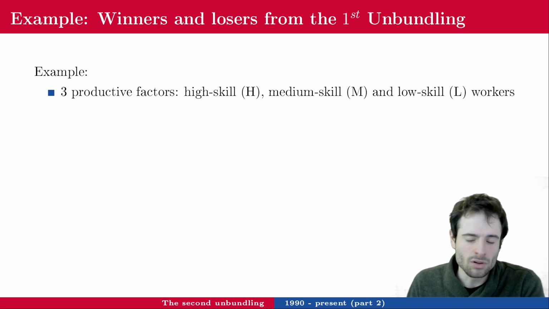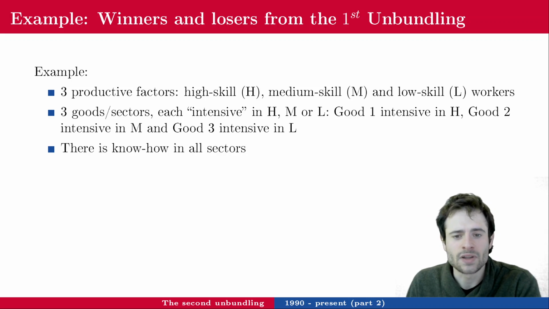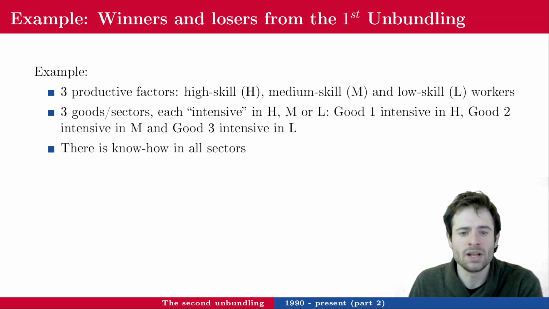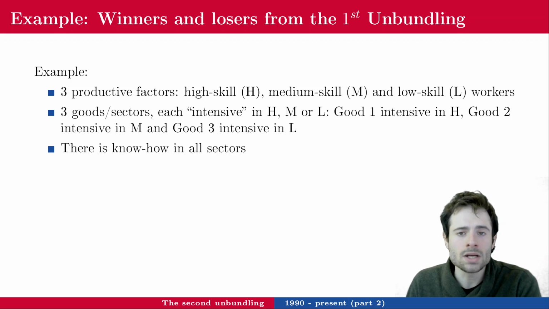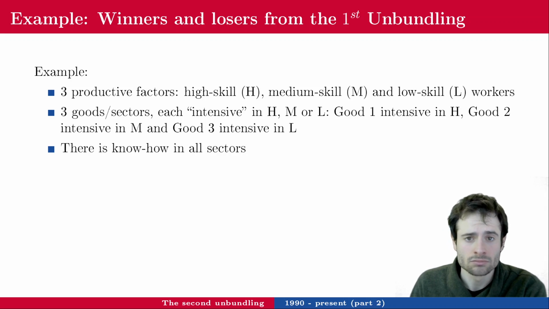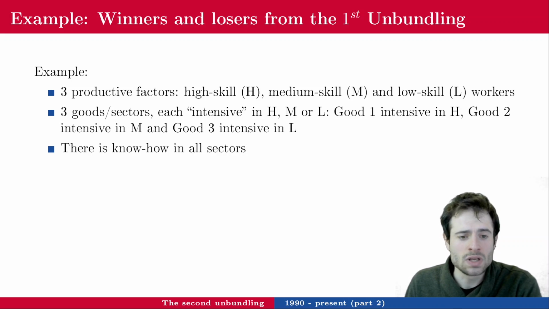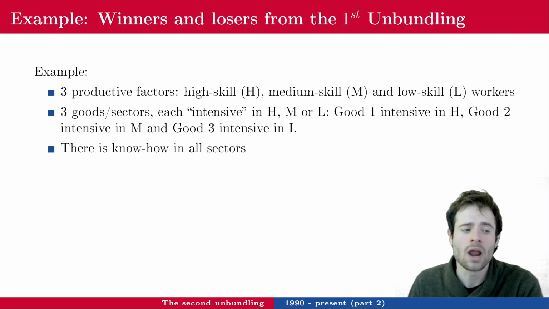Let's go through a quick example, which is pretty much what I've talked about before. Imagine you have three productive factors. The high skill factor, so, you know, people with a PhD, engineers. Medium skill, people with a bachelor. And low skill, people with a high school degree. There are three types of goods, and each of them requires one factor in particular. One good needs engineers and PhDs in particular, because they need the knowledge. One good needs just bachelor degree workers. And the third good just needs basic work, like basic factory work. So no need for high skilled workers for that.